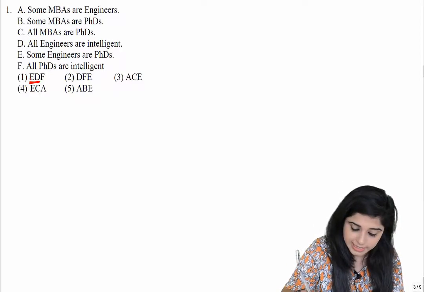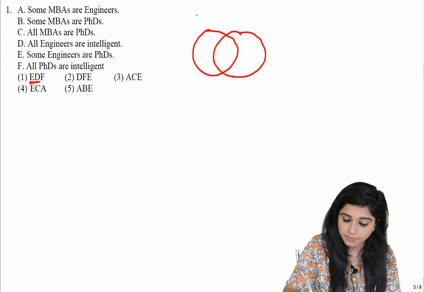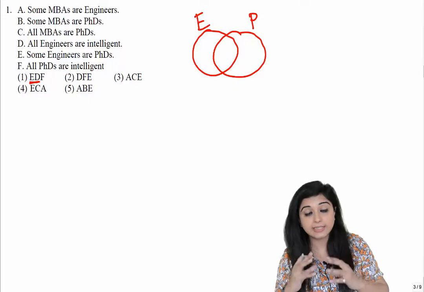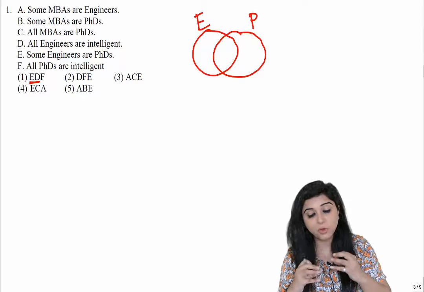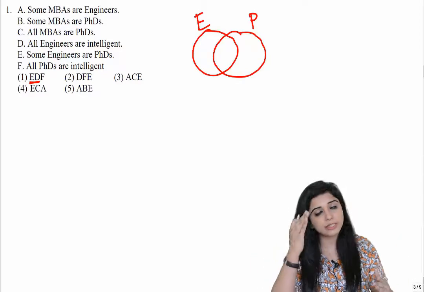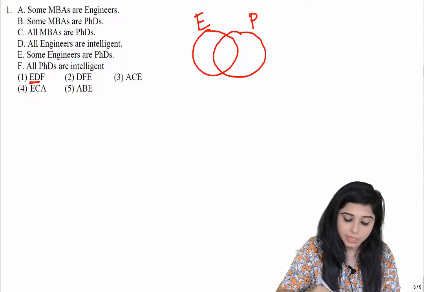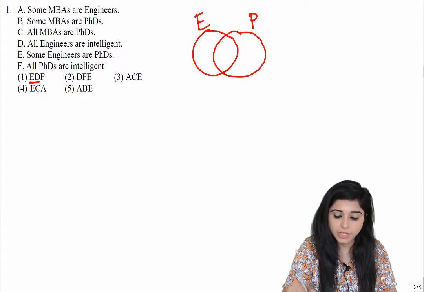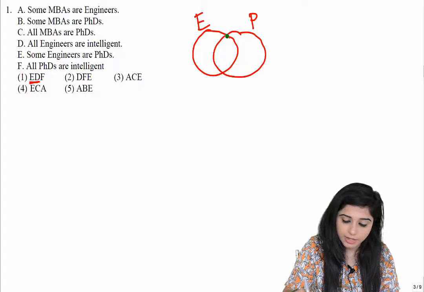Let's look at E. E says some engineers are PhDs. How do you draw some? Some engineers are PhDs. Again, I'm drawing the case scenario. I'm drawing the representation that will give me scope for cancelling out most of the possibilities. The rest of the statements, I'm keeping them in my head. Okay. This is E, which says some engineers are PhDs. Let's draw D now. All engineers are intelligent. All engineers are intelligent. I'm drawing